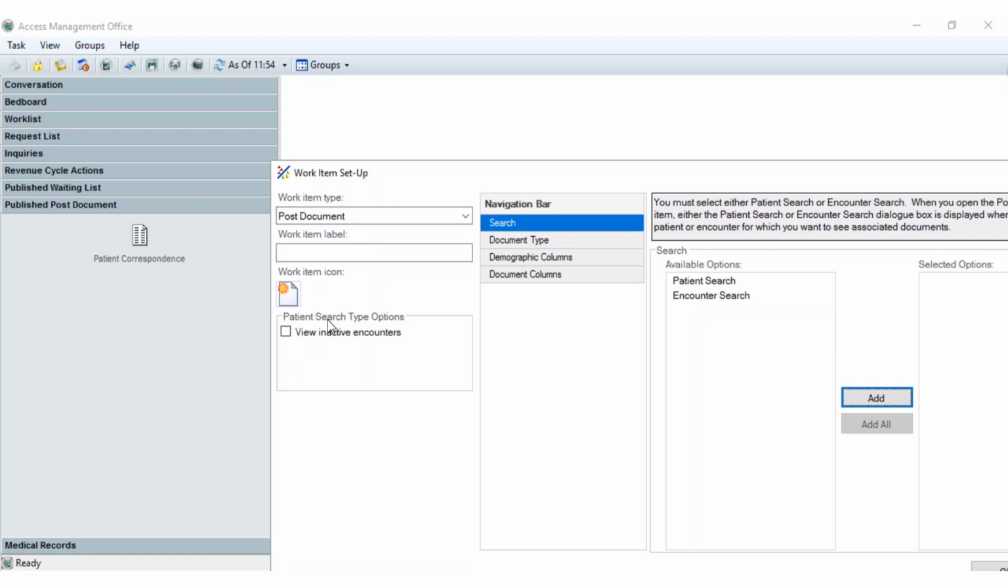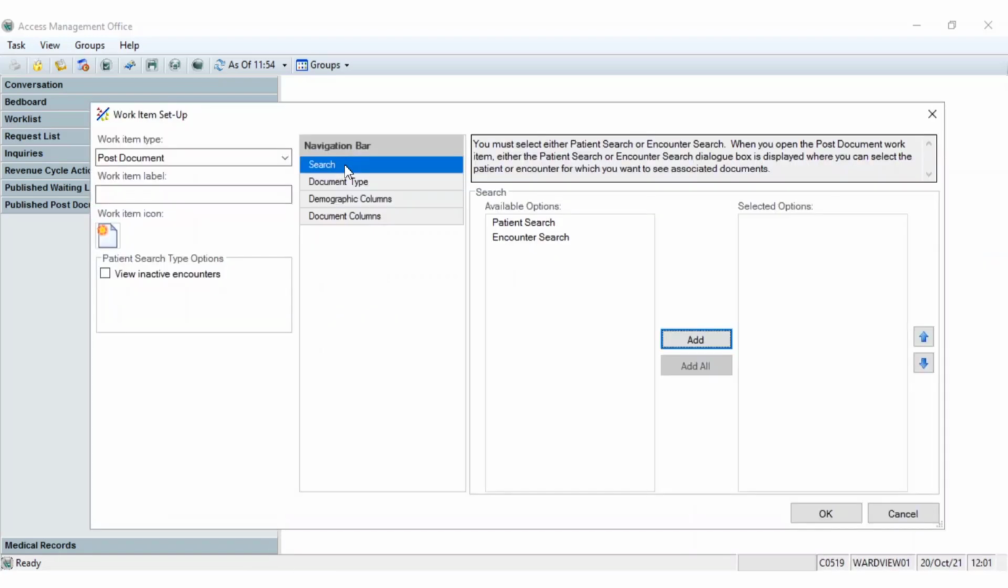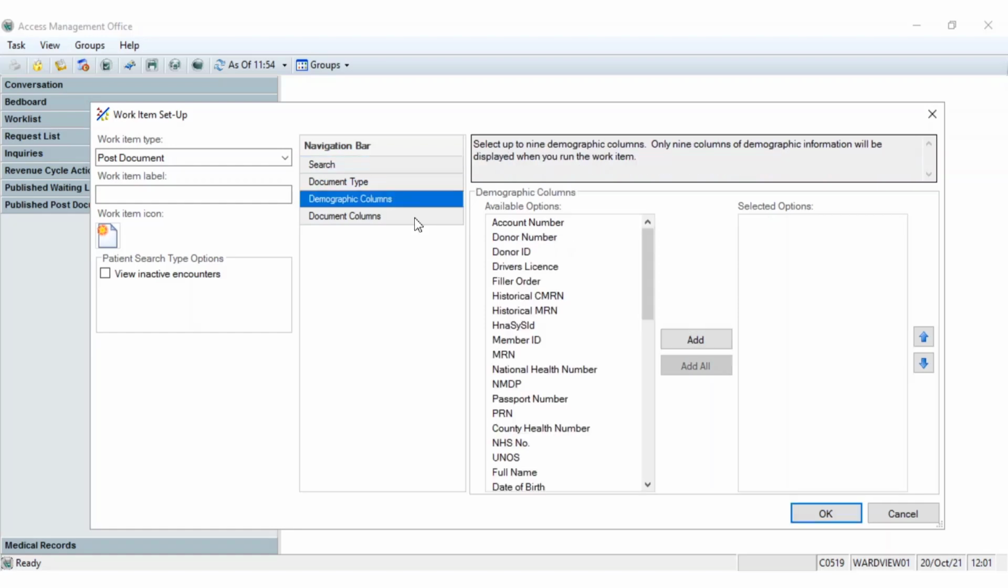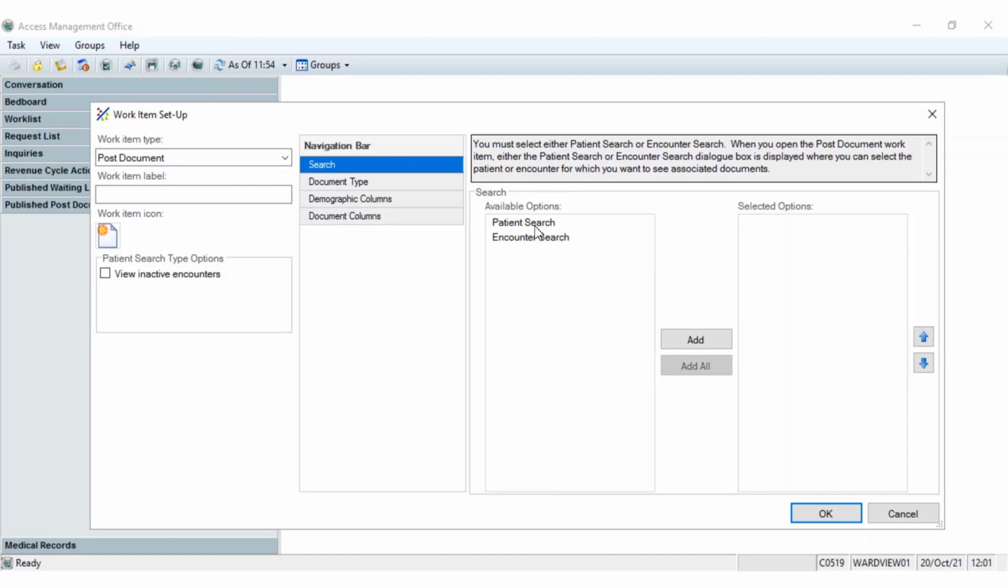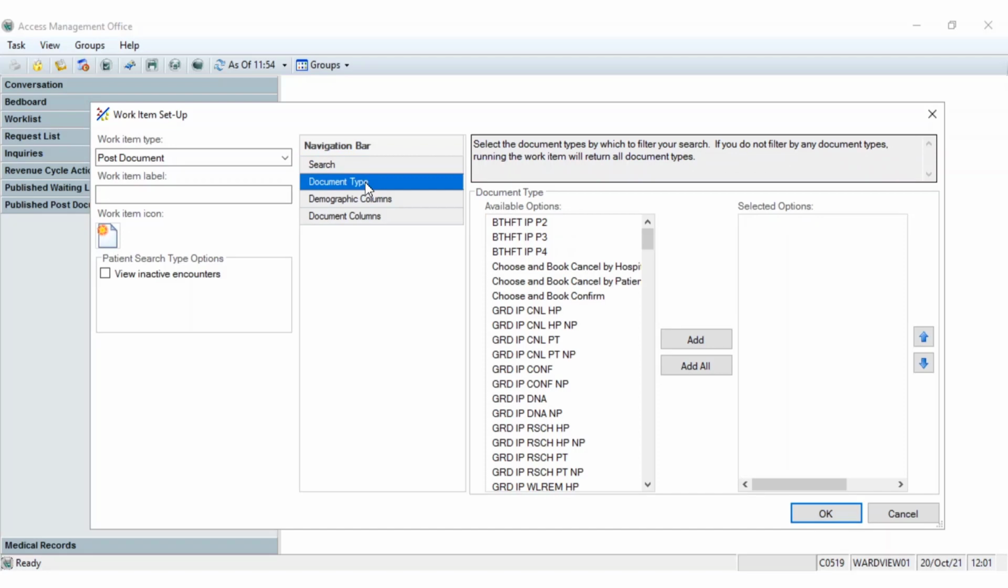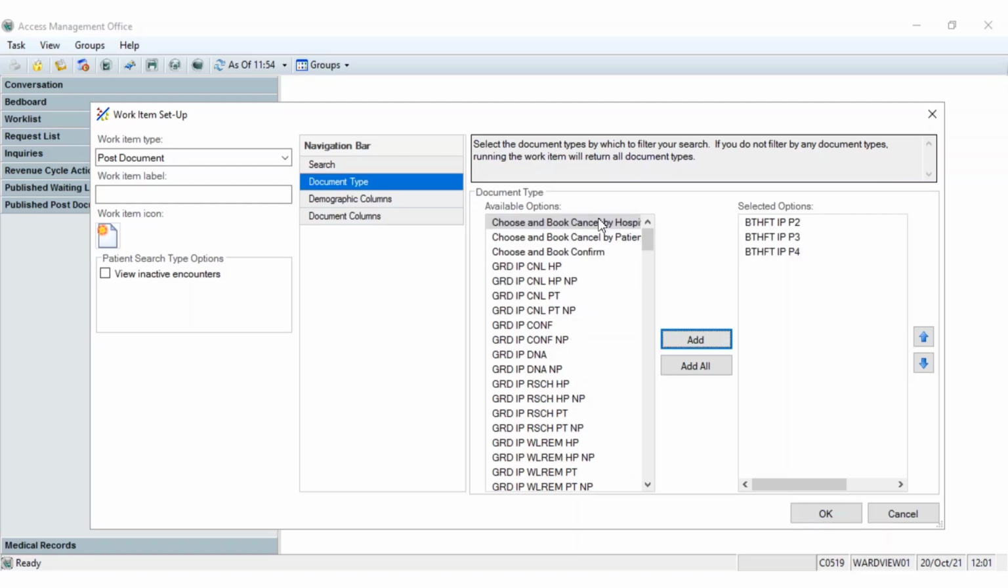Once you have the post document type open, from the navigation bar is when we can start filtering for what we want within the patient correspondence. So at the moment there is nothing selected, as we can see if I just navigate through the different options that I have here. So I will just need to work my way down and select what it is that I'm requiring. So I want to search by patient, so I'm going to add that for the search. Document type, we are needing the P2, the P3 and P4, so I'm just going to add those three in,